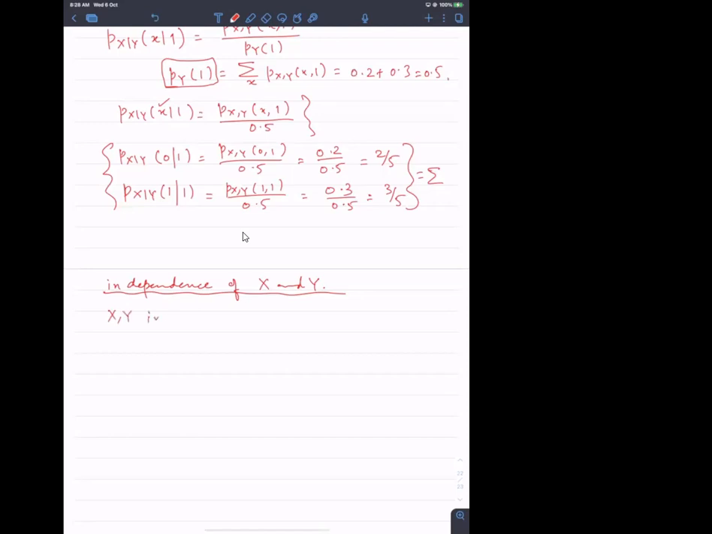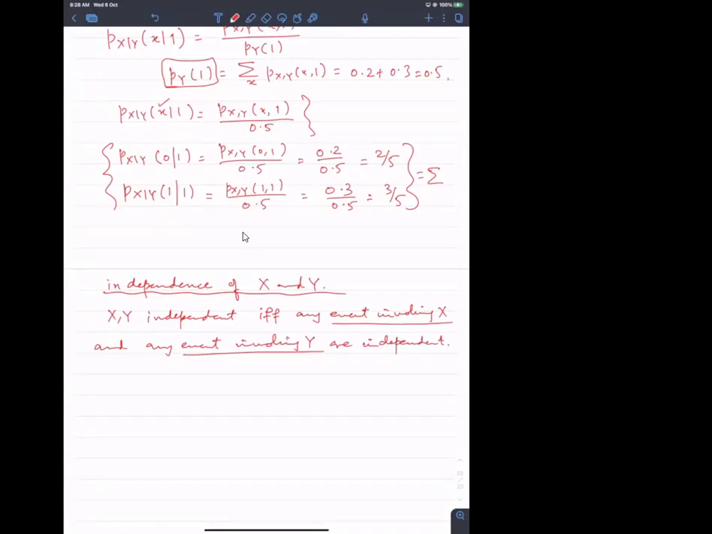X, Y independent if and only if any event involving X, let me also tell you what that means, event involving X? If any event involving X and any event involving Y are independent. And we already know the